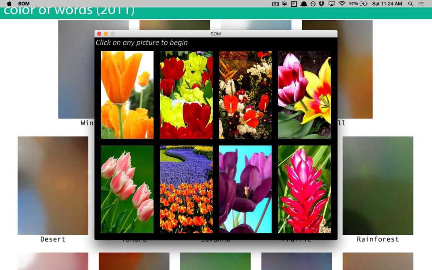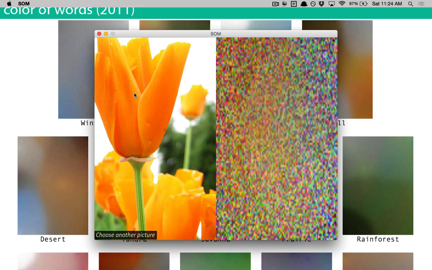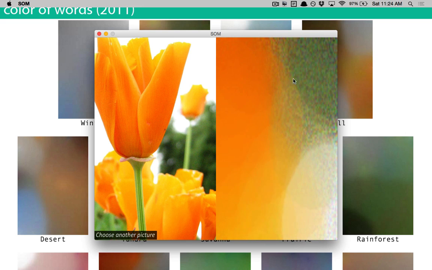Hooray. Okay. So suppose we click one of these flowers. Let's take this one. It will start with random colored pixels, and then it will do the following procedure. It will sample a color from this image, find the nearest pixel to that color, and then adjust that pixel and all of its neighbors such that it becomes more like the pixel we sampled. And we do this repeatedly, and then what you start to see is it starts to converge into this sort of distribution of colors, where similar colors are clustered together.